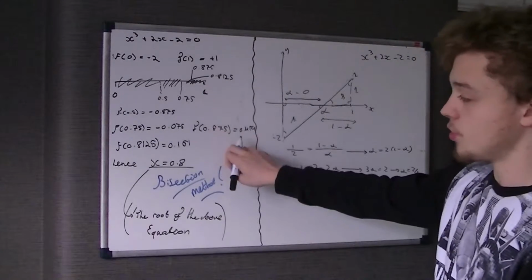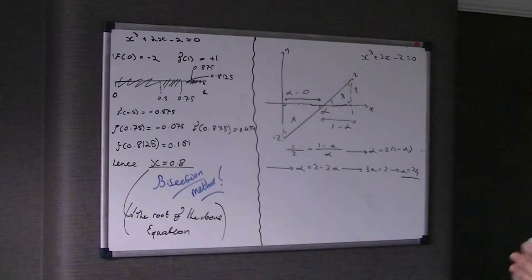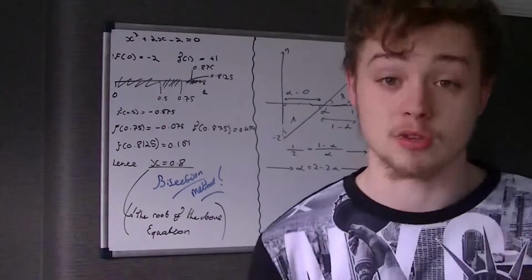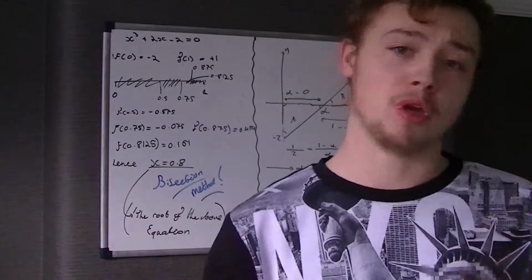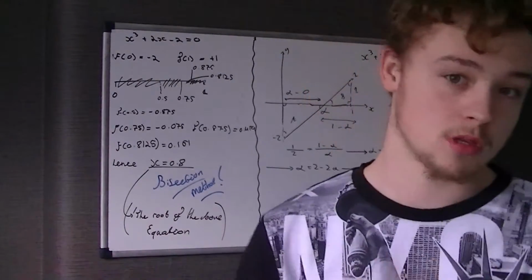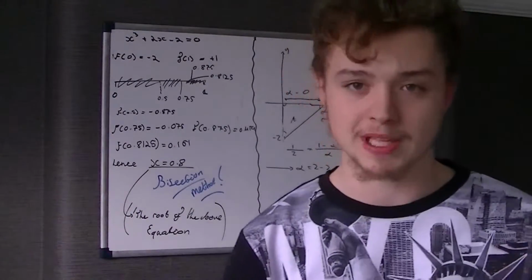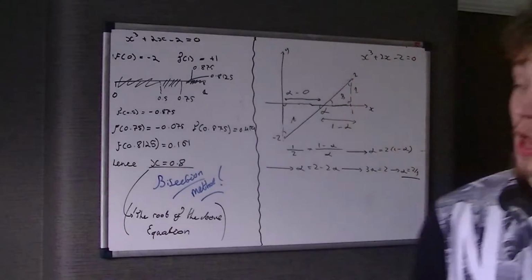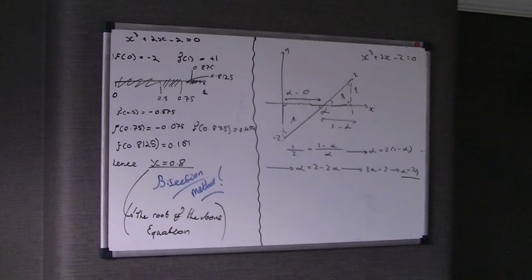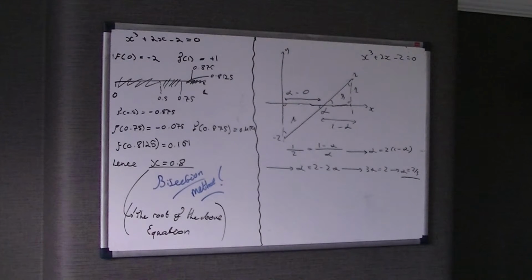Now, I kind of said this was almost similar to that iteration thing, change of sign. This is also similar to that kind of iteration thing as well, because that iteration thing we did in C3. Now, if you haven't done C3, please just ignore me. But it's for the benefit of those people who picked up AS further maths in their second year, and it's easy to compare it to different things. We're going to go into parametric functions later on in further pure, and we can link that to a bit of C3 as well, or C4 or whatever. Anyway, what I'm trying to say is this is just an x value, and we're going to keep doing this until we find a